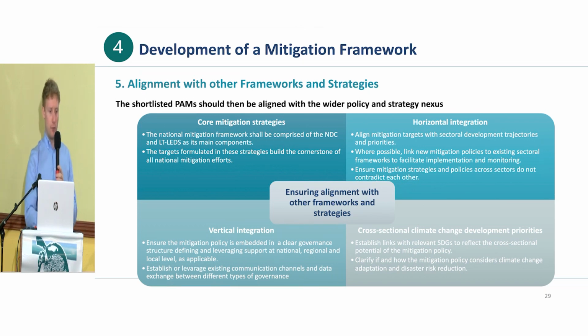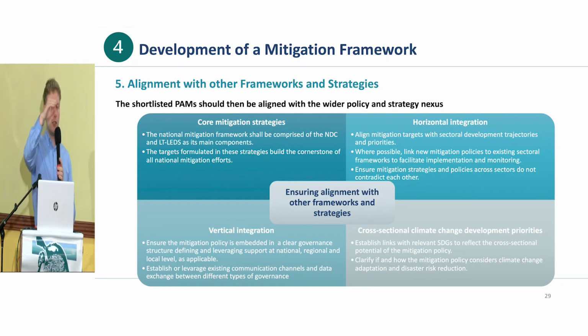Okay, so this is a bit small, but what I just want to show with this arguably big graph, or big image, is that when we align with other frameworks and strategies, once we have the sectors, we have the targets, we have the policies, we need to integrate. Because we've done this in the beginning, we evaluated all the frameworks and strategies out there, and now we need to link this again back to ensure that we horizontally integrate, horizontally being between sectors, for instance,